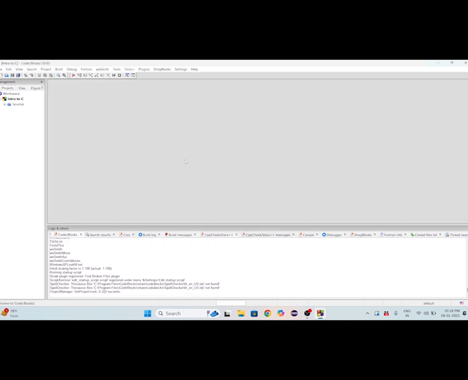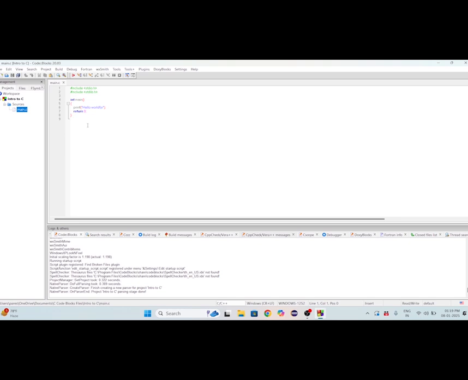Click Finish. On the left side navigational bar, you can see the workspace and the project name. A subfolder, Sources, is readily available. Click on main.c and the simple C program is available here.